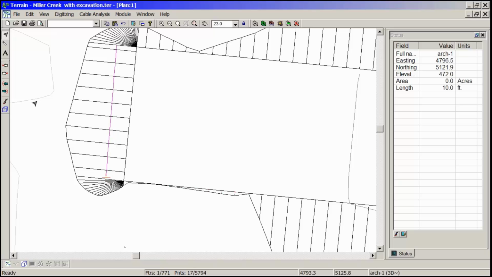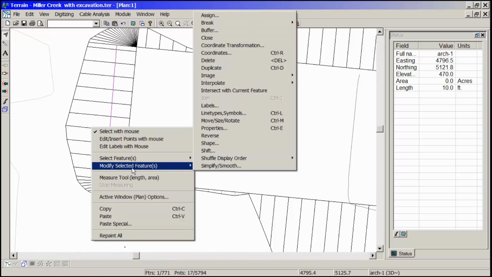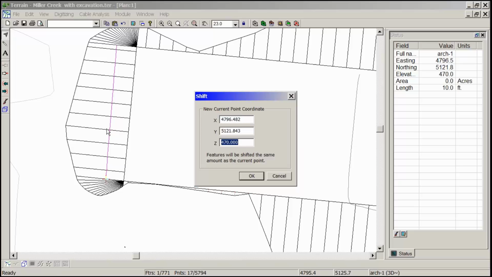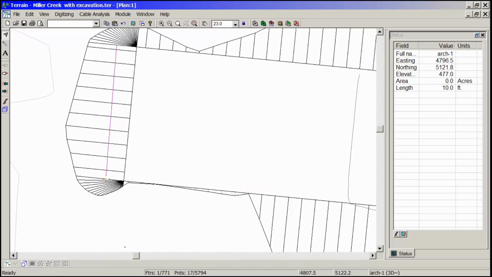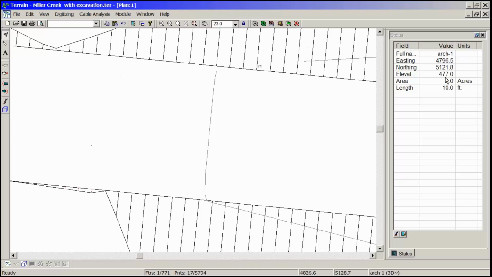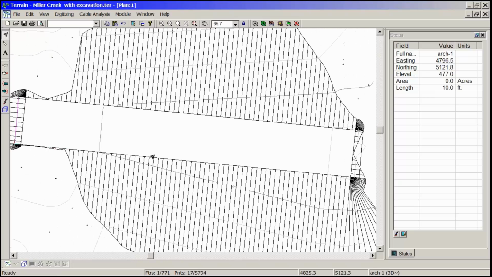Select the end of my culvert. Right-click, modify selected features, shift to 477 feet. You can see that the elevation changes over here. Select both of those features. And then copy and paste them into